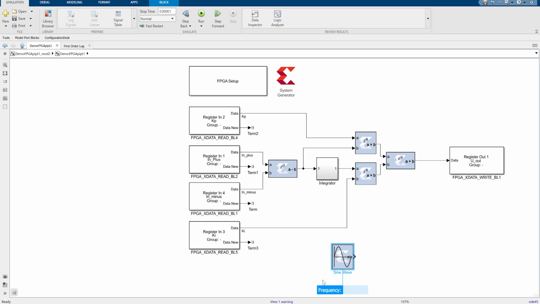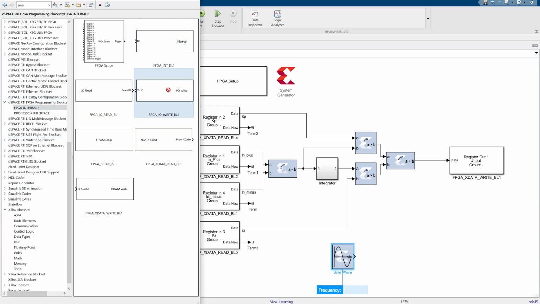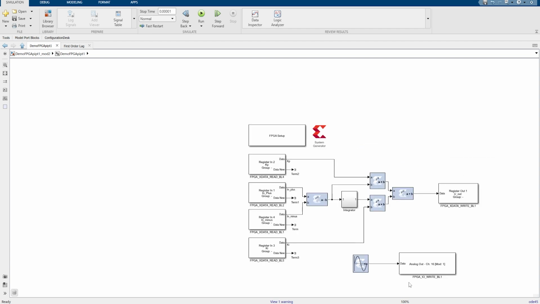Therefore, Tobias is placing a sine block and an I/O write block within the model and assigns it to a specific channel. Then he connects both blocks.